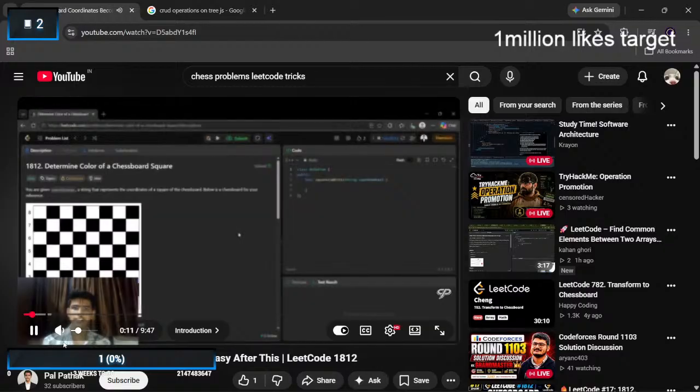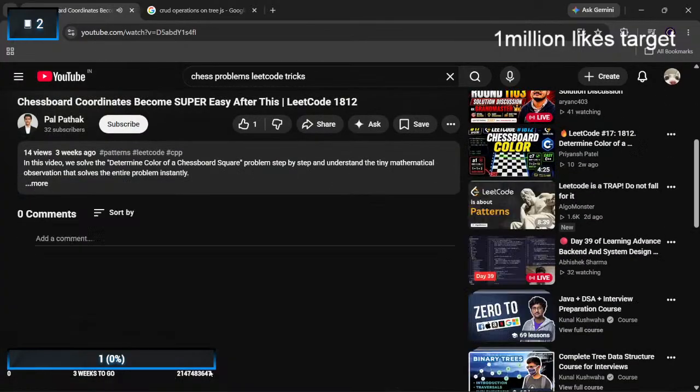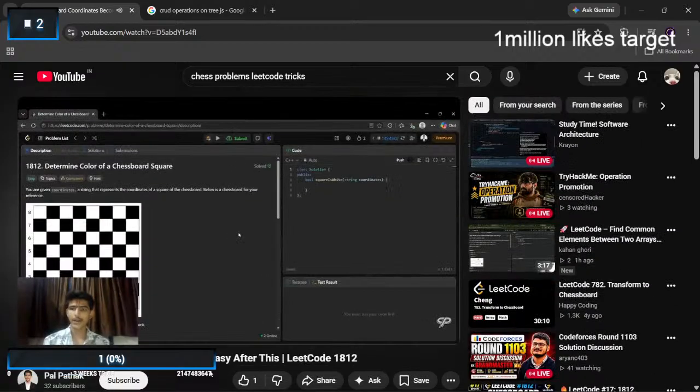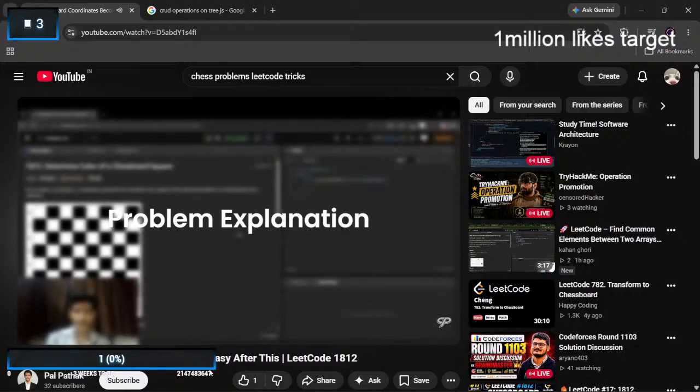Greetings everybody, Master Pulkumar Patil. Welcome to the LeetCode problem solving series. Today we are going to solve question 1812, determine color of a chessboard square. We will start by understanding our problem and then directly move to the optimized approach, because the problem is much simpler and easy to solve today. So let's start by understanding what it is trying to say.